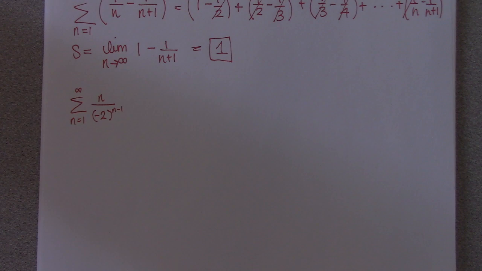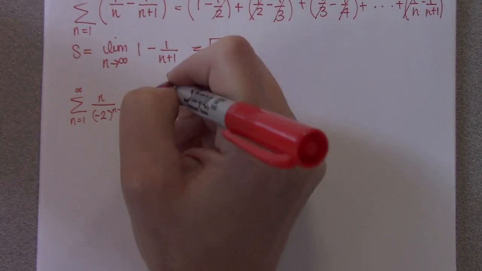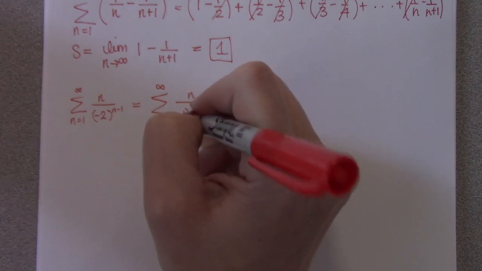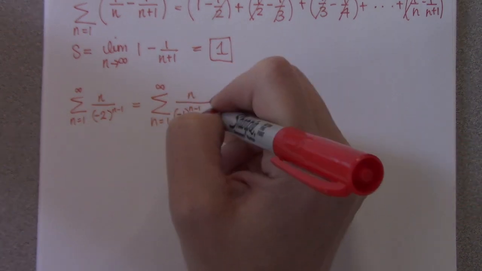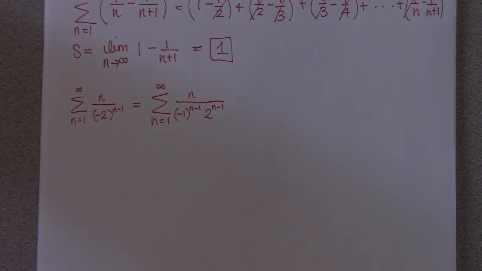So what I would do is, I don't want to deal with the negative 2. So we'll leave the n alone for a second. I can take this negative 2 and say that's actually negative 1 to the n minus 1 times 2 to the n minus 1. And now I can see this would be a really good candidate for the ratio test, right? So when you do the ratio test, remember we take the absolute value. The ratio and root tests test for absolute convergence. So if I want to do the ratio test,